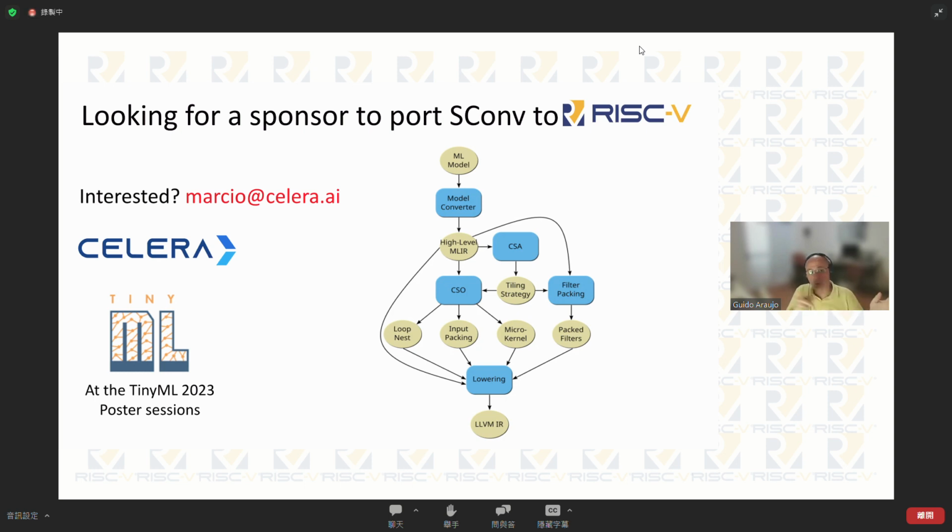But the nice thing about SCOM is that the same microkernel that is embedded into the BLAS, you can put behind the intrinsic and use it in the compiler flow with SCOM, right? So there is some exploration there. There's a lot of work to do, and actually Celera is looking for a sponsor to support. If you are interested in the things I mentioned, we have two papers that we can give to you,